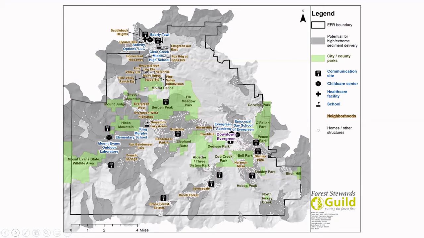kind of self-identified neighborhoods or HOA units might need to think about what would you do if there was post-fire erosion. Like if you're in an area with high fire risk and high risk for extreme sediment delivery, do you need to have a stock of sandbags prepared? So I think like Corrina will mention, we didn't quite get to that part, the discussion of what does this mean in terms of what is the fire protection district? What are neighborhoods? What are individual homeowners going to do to prepare and think about post-fire erosion?